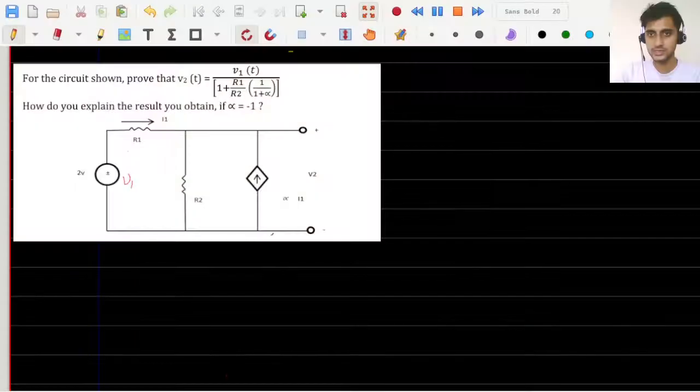Oh, so you have sent me another question in which you have to prove something, and the question goes something like this. So let us try to solve this one now. It is given that the voltage across the source is V1, and we have a controlled current source with the value alpha times I1, where I1 is the current which goes across this R1 resistance. And we have to prove that V2 is equal to